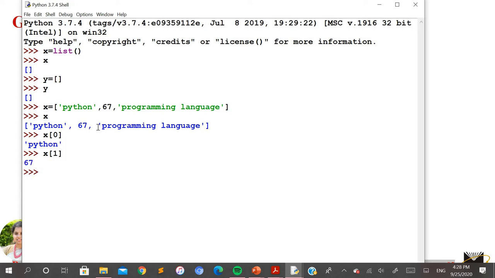You can see 67, 0 being Python, 1 being 67, and similarly I'll check with 2 now. You can see the third element, at index value 2, is programming language. So the total number of elements is different with respect to the index value. Why? Because in a list the elements are always stored starting with index value 0.